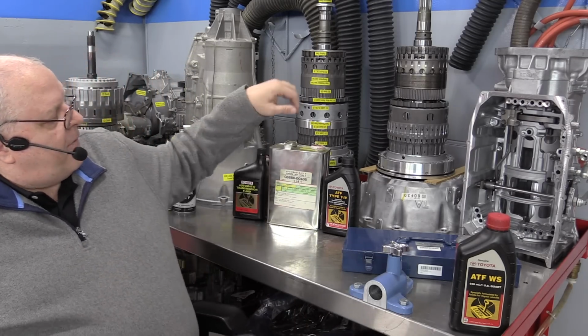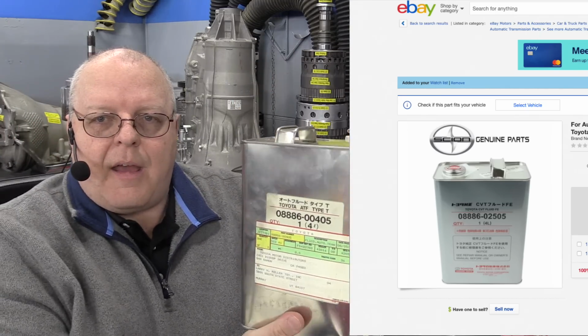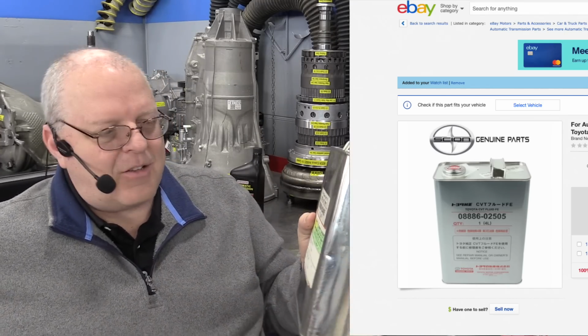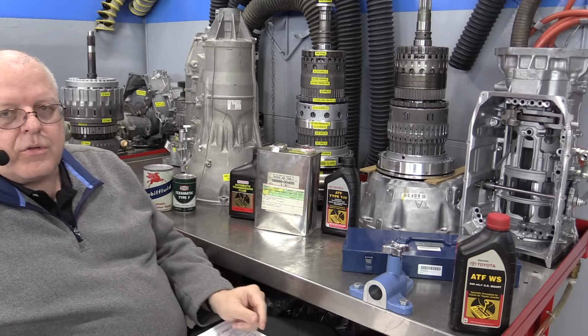And funny thing, if you look at the photograph of that I found on eBay, it comes in a can that looks just like this. It has the same top. It has the same funnel on the top of it here. It's about $80 for 4 liters of this CVT fluid. I guess at $20 a liter, that's probably a fully synthetic base oil plus the proper fluid additives